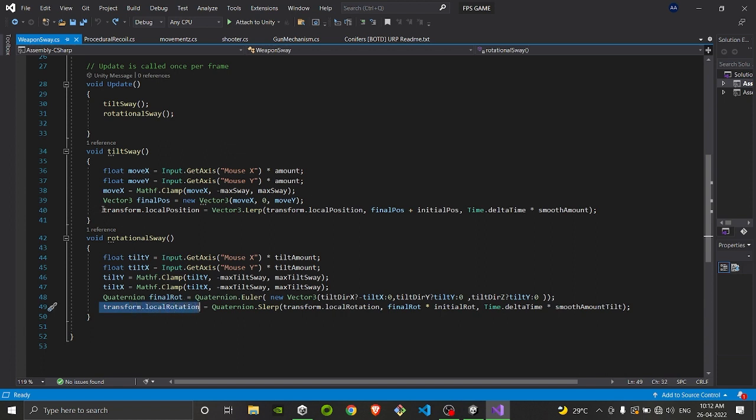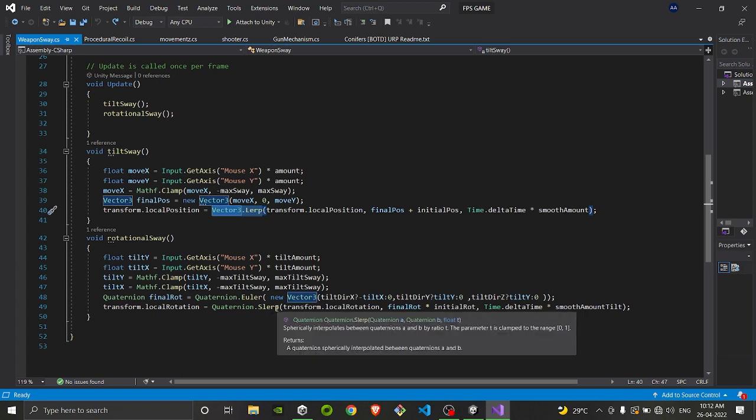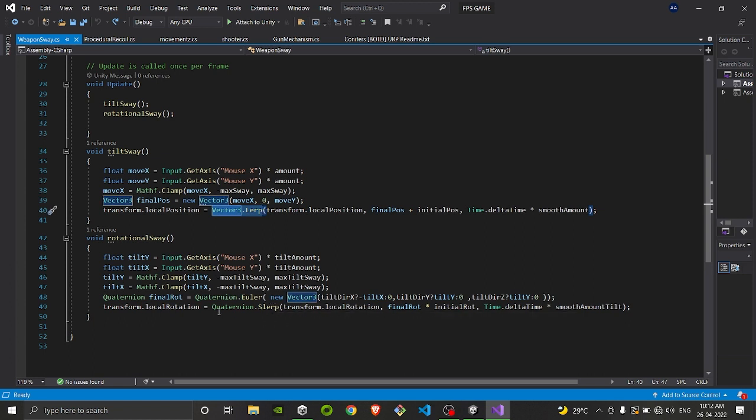just like we set here the local position. So we will set the local rotation to Quaternion.Slerp. It's just like Vector3.Lerp, but it will have an arc type interpolation, and it's much smoother and much more soothing. It will cause the rotation that we saw while showing the example.